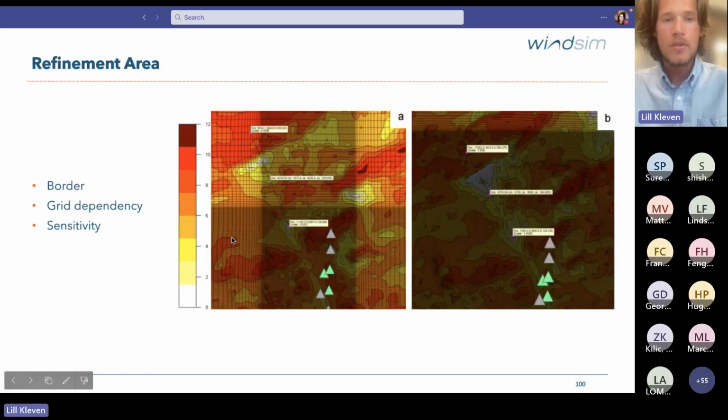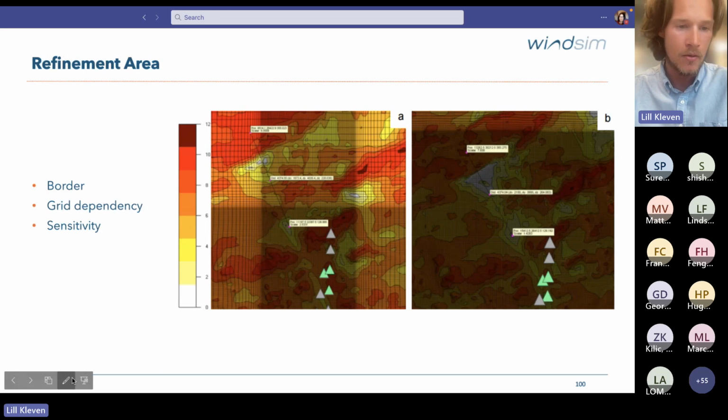The next parameter was the refinement area. So this was a bit more tricky to investigate to find a clear trend. There were variations in the reports and the bar charts, but there was no clear trend in the charts. But I did some investigation in the wind direction, and I could see that when I have a small refinement